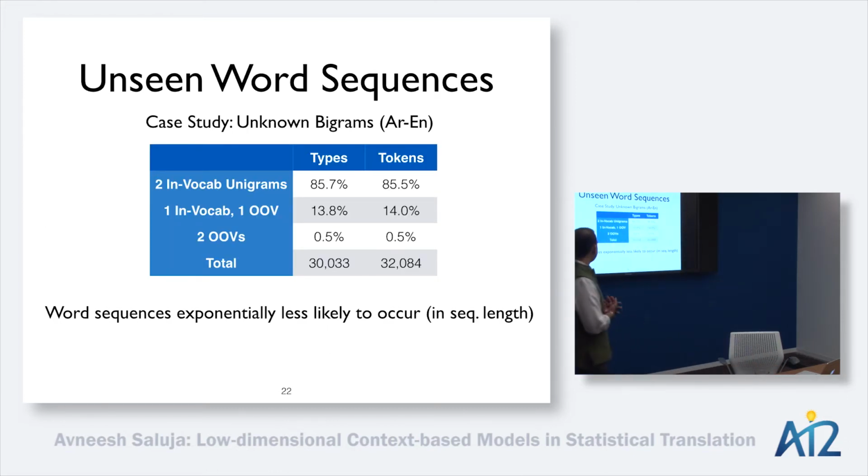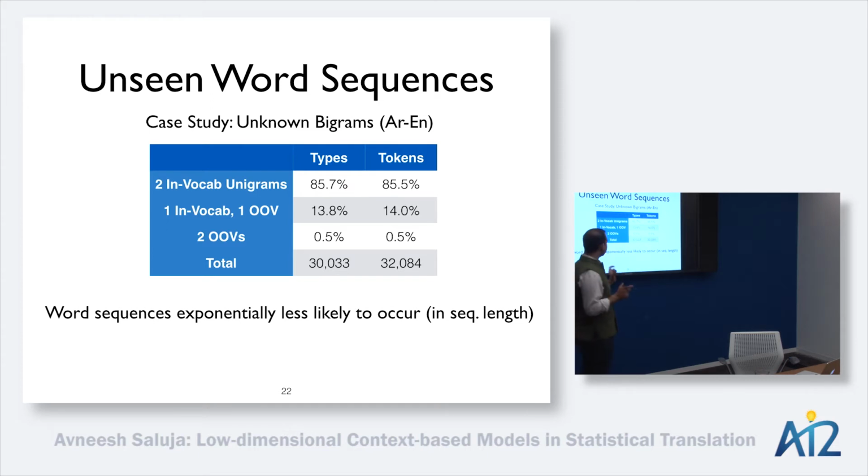Another case study I wanted to show, when you're going from words to phrases, is looking at bigrams in your phrase table. So I have a phrase table, which has bigrams, trigrams, and the like, and I take an evaluation corpus. In this case, I take an Arabic test set, and I feed it into my phrase table. And I look at all the unknown bigrams in my Arabic test set, so bigrams that did not exist as phrases in my phrase table,